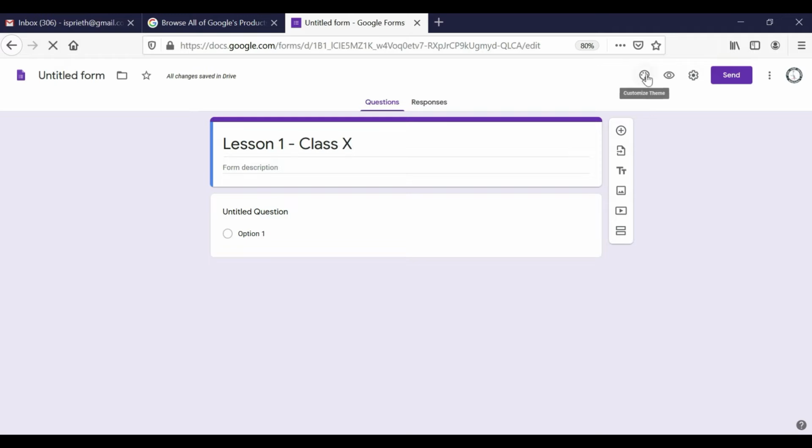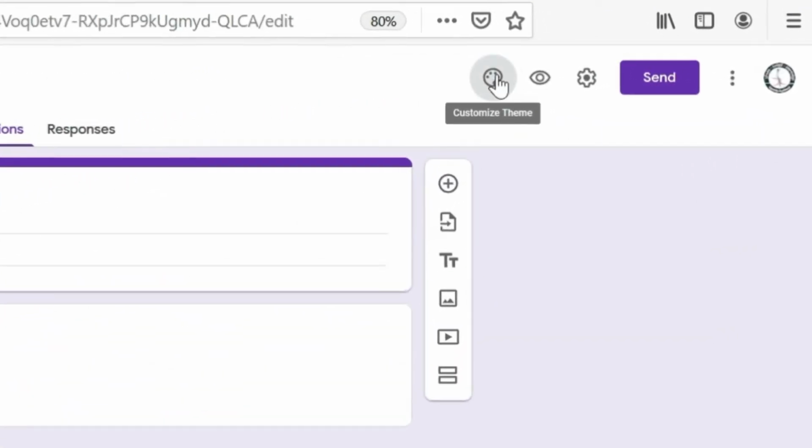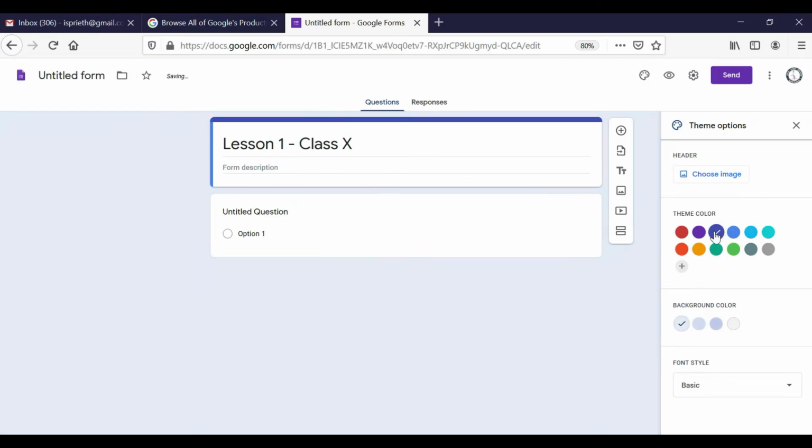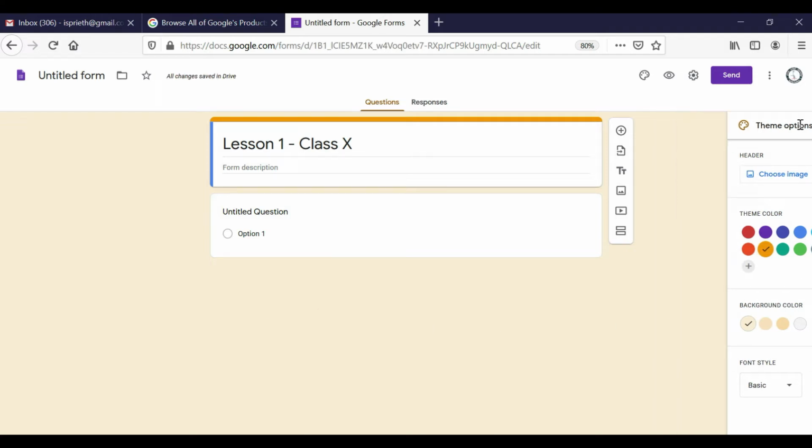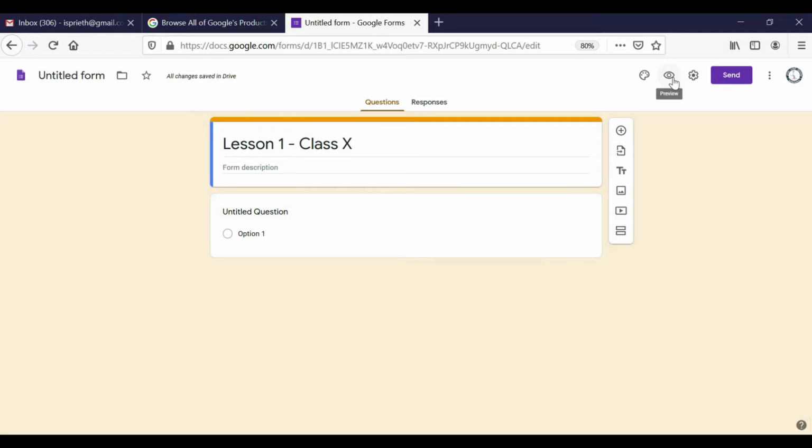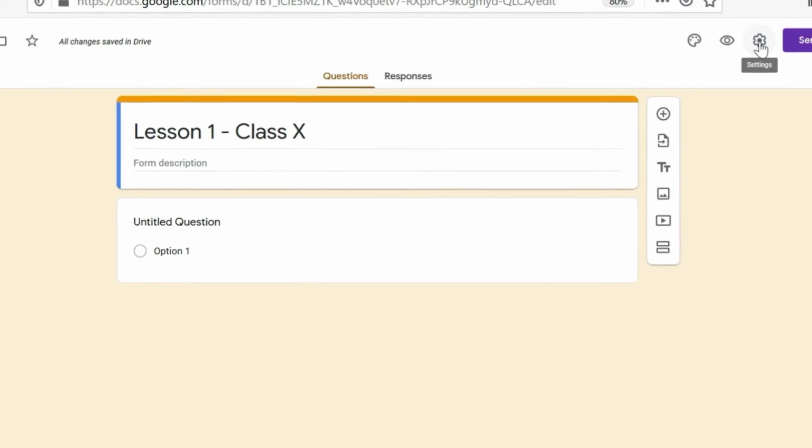And you can see here this is the theme option. Just click this. Here you can see the color is changing. So you can set the color of your choice. This is preview. Once we finish entering the details here, you can go for preview, and here we have a